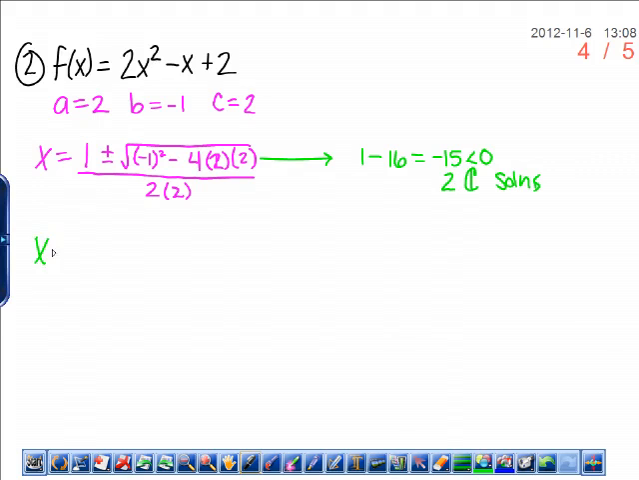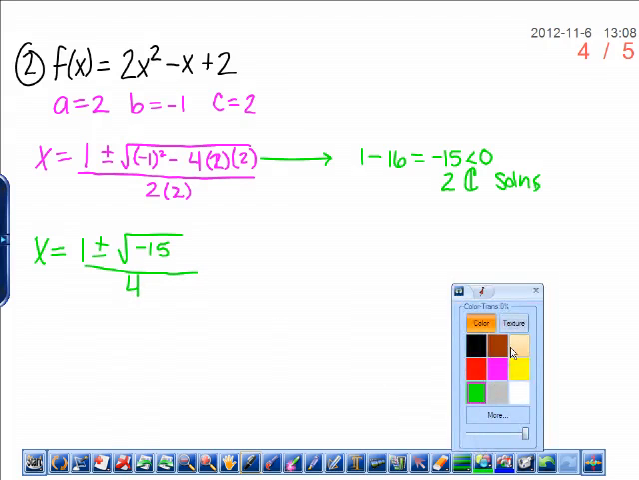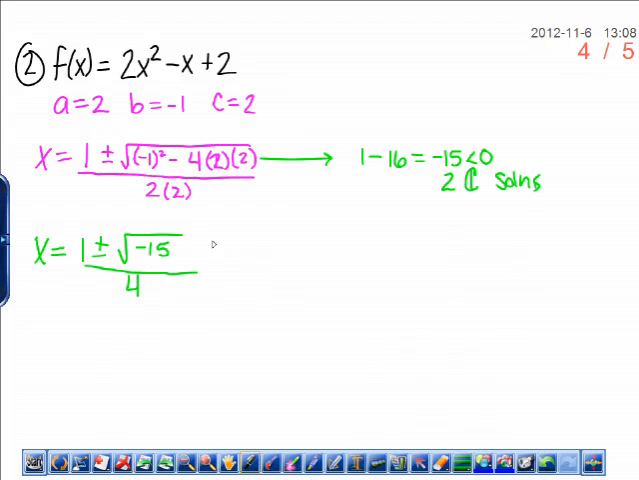All right, so I've got x equals 1 plus or minus the square root of negative 15 over 4. All right, how does the square root of negative 15 simplify? Okay, good. So this is 1 plus or minus I root 15 all over 4. Now,